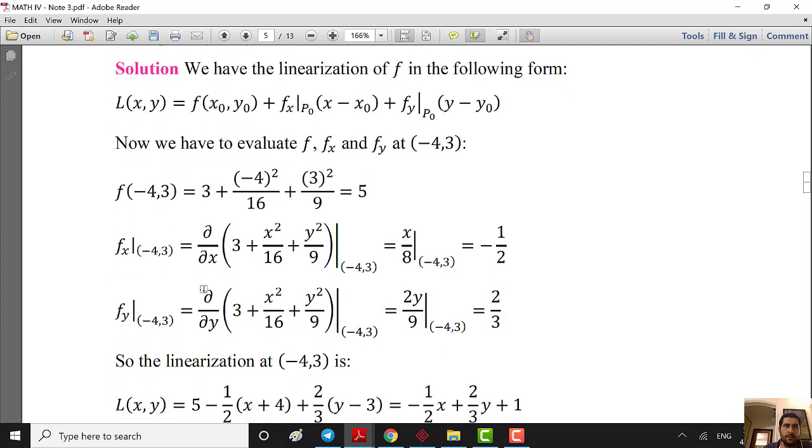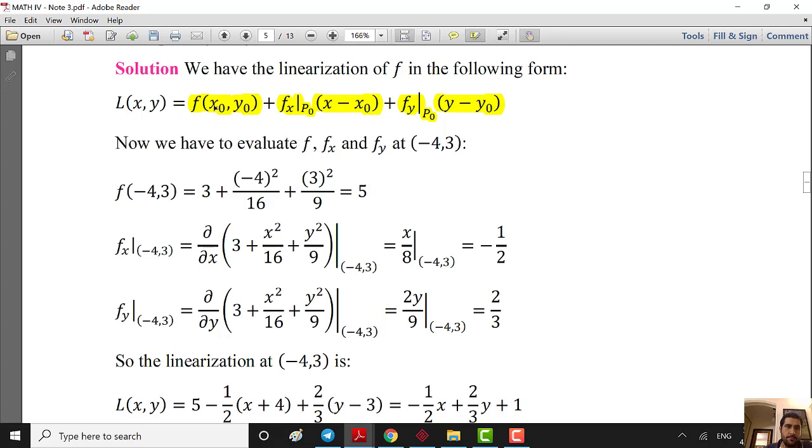In order to find the linearization, we have to determine the value of the function at the given point, the value of the derivative of the function with respect to x at the given point times x minus x0, and the value of the derivative of the function with respect to y at the given point times y minus y0, right? So